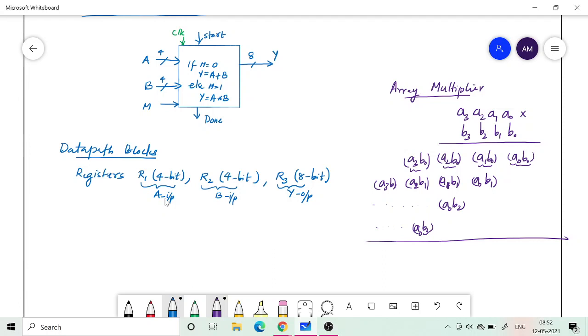The LSB of the product is just A0, B0, whatever is the output of the AND gate, and next you need to add these two bits. A1, B0 is 1 bit and A0, B1 is another bit. You need to add them. In order to add them, at least a half adder is required. That will give you your P1, and then there may be a carry that you may get. That carry you can pass to the next bit.